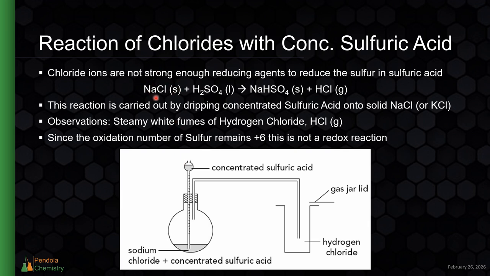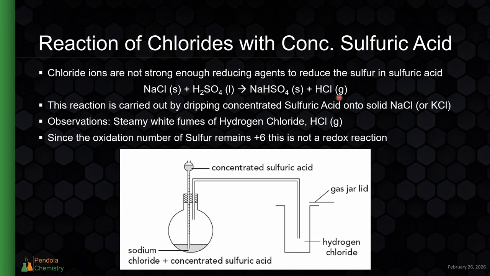So the sodium chloride or the potassium chloride, which I think we do this experiment with, is going to be solid, and then liquid sulfuric acid is dropped onto it. And what is going to happen is that the sodium and the hydrogen are going to switch places essentially, by only one of the hydrogens, creating hydrogen chloride gas and sodium bisulfate, NaHSO4. The NaHSO4, the sodium bisulfate, is going to stay solid, and the hydrogen chloride is going to come out as